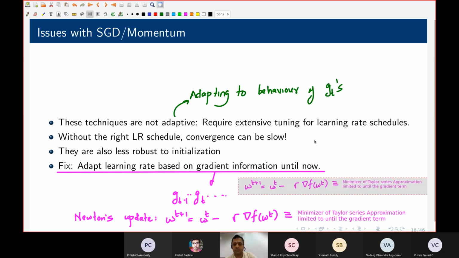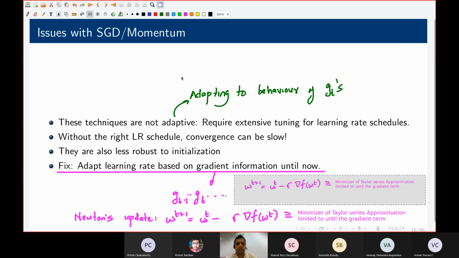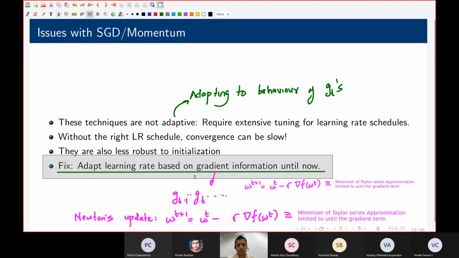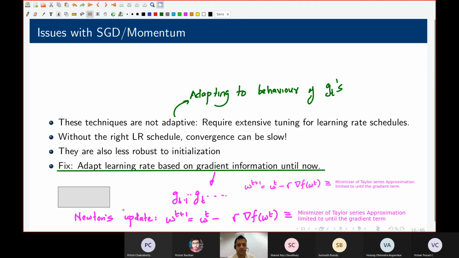Okay, so this is what we ordinarily use for gradient descent. But now we want to go beyond and do something with respect to this adaptation that I've talked about here. Let me just use a different color. This is a fix we are talking about, where we want to make use of the gradients, but as I said, this is going to be inspired by